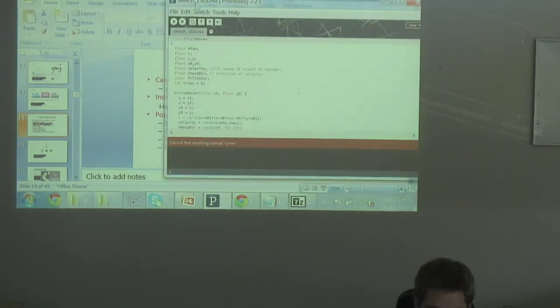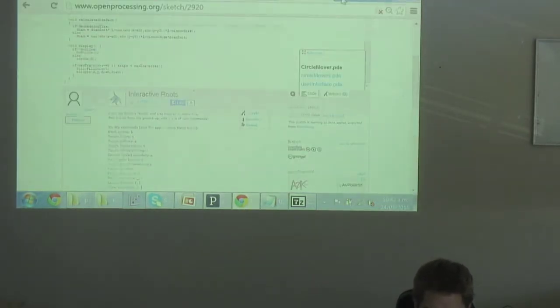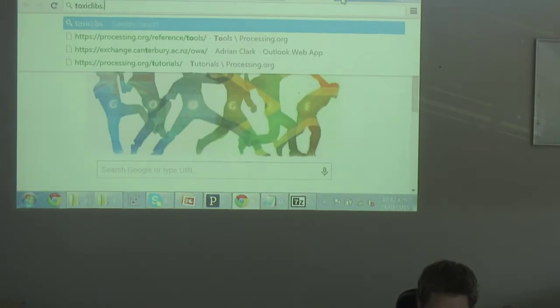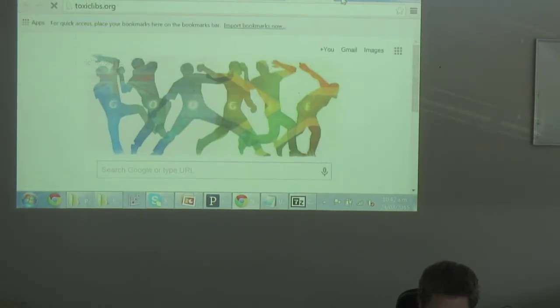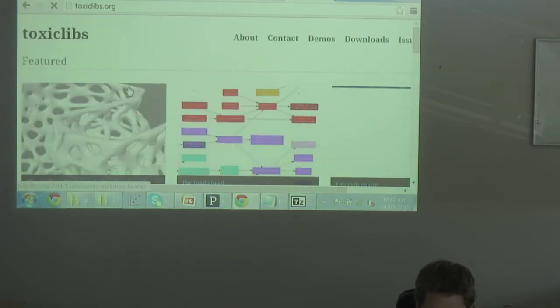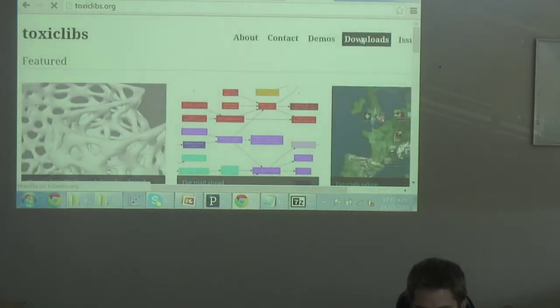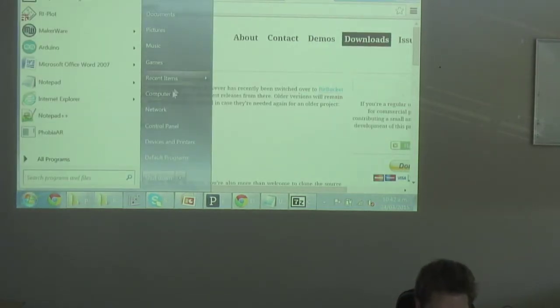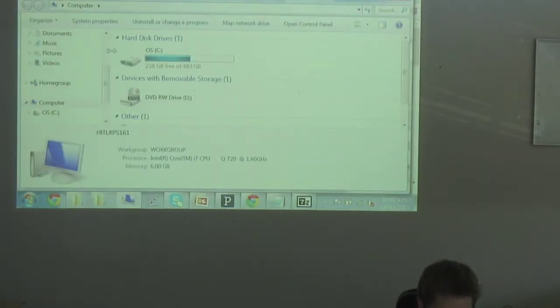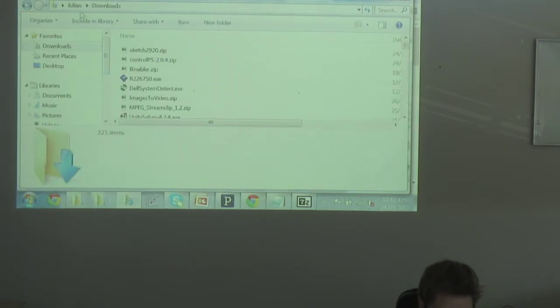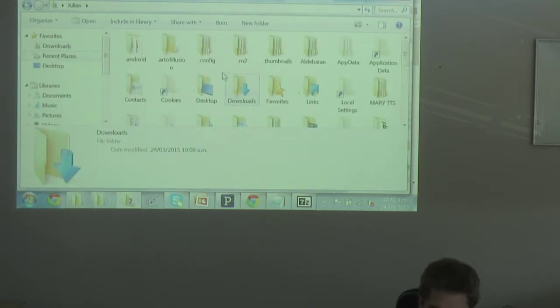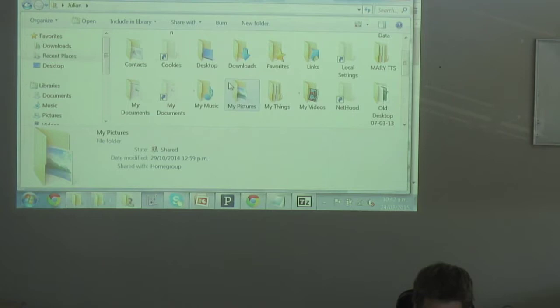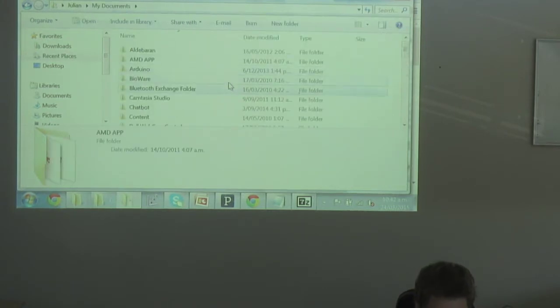It used to be that you had to go to toxiclibs.org, I think it was. It's always a bit of a gamble just typing in a website like that. Yeah, so you can go on here and download various libraries. And if you want to install them, Processing sets itself up. You can unzip it and run it wherever you want, but it will set itself up in your My Documents